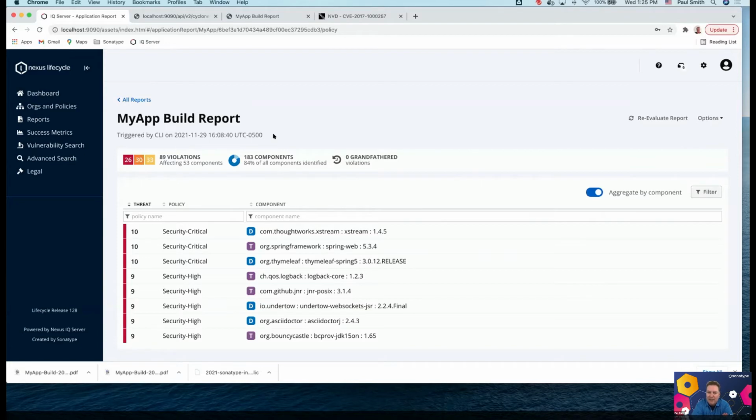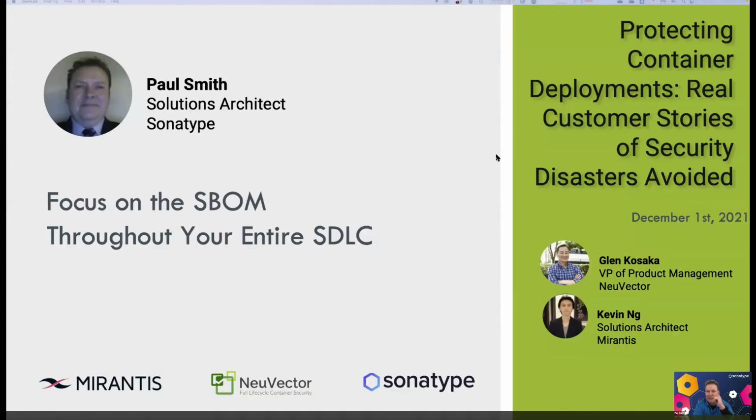And that's only done, again, for the application parts, and we're going to be moving there with containers. For the application parts, being able to fingerprint the artifacts and components is very unique to Sonatype. And the analogy I give there is, my name's Paul Smith. If I go to a restaurant and I say, hey, I've got a reservation for Smith, they might give me the wrong reservation. But if those reservations are handled by fingerprints, you're always going to get the right reservation, and that's what we do with Nexus Lifecycle.